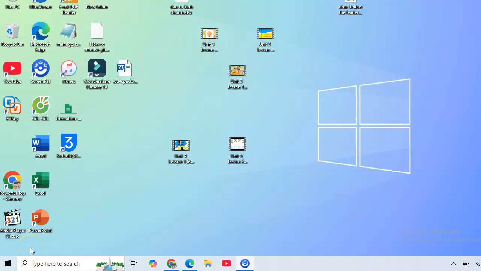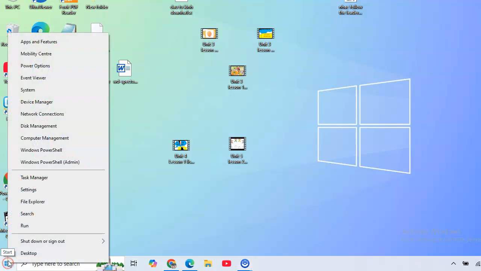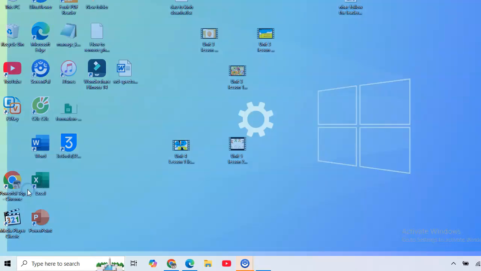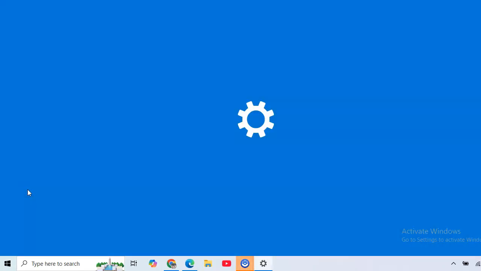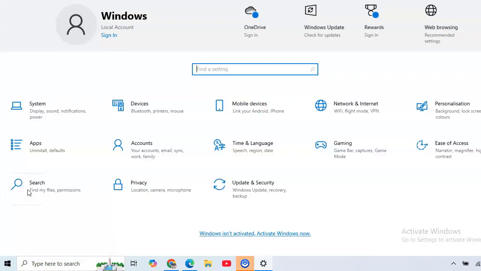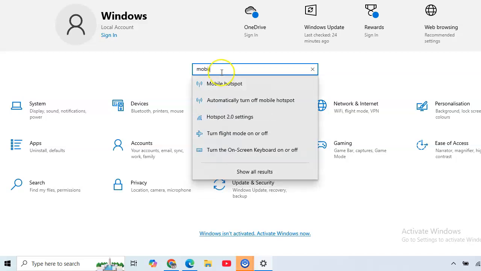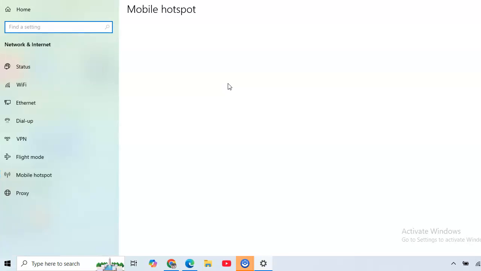Okay, how to set up mobile hotspot on Windows 10. First, just click on the start icon, right click, and then click on settings, and then in the search bar just type mobile hotspot,